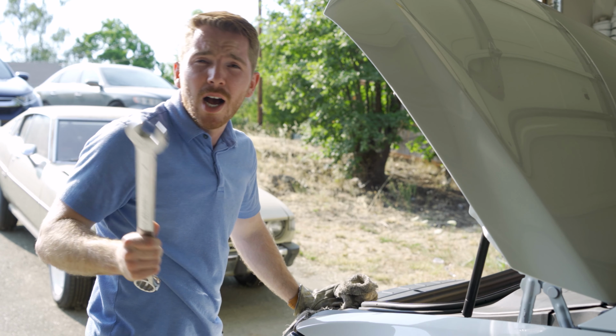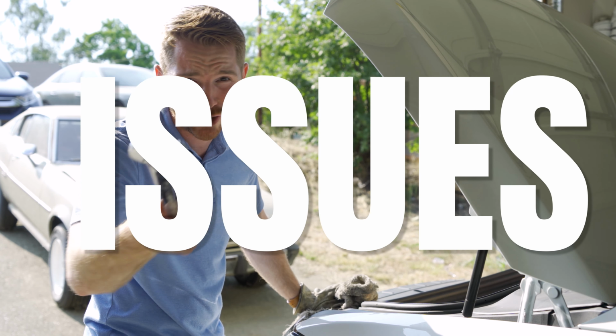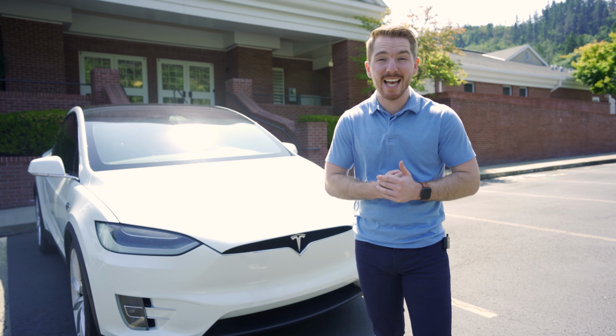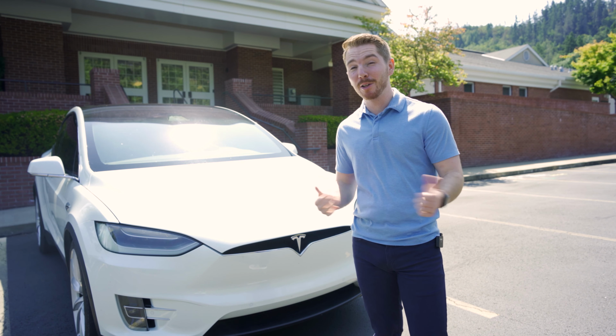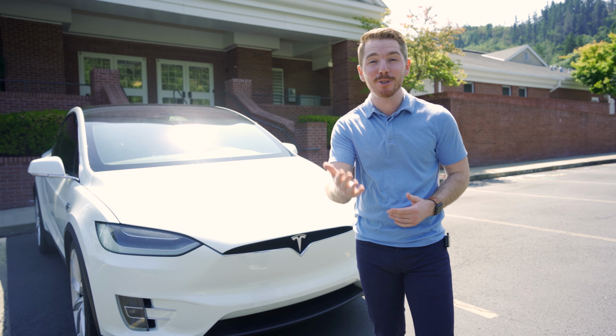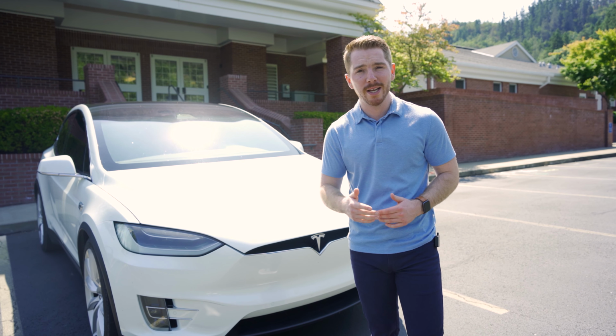So we're gonna start off with what all you negative Nancys wanna know, which is the Tesla Model X issues. While the Tesla Model X is probably the coolest car that I've ever even sat inside, and with this having Ludicrous Mode, is honestly fast enough to require your passengers to wear diapers. You shit my pants! It was apparent from the start that it is far from perfect when in the first